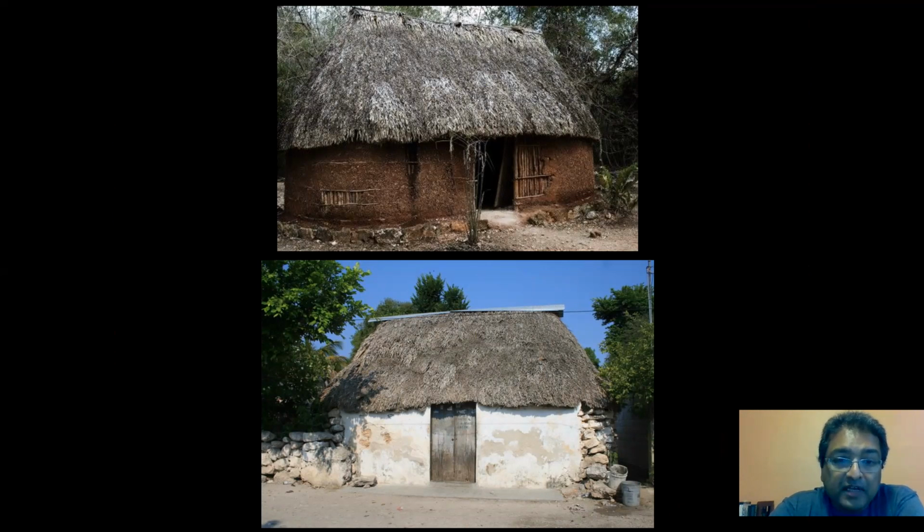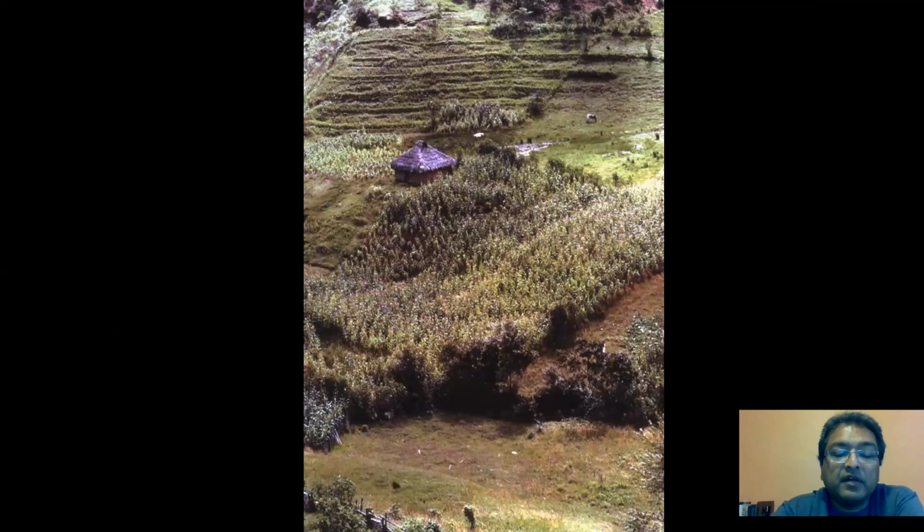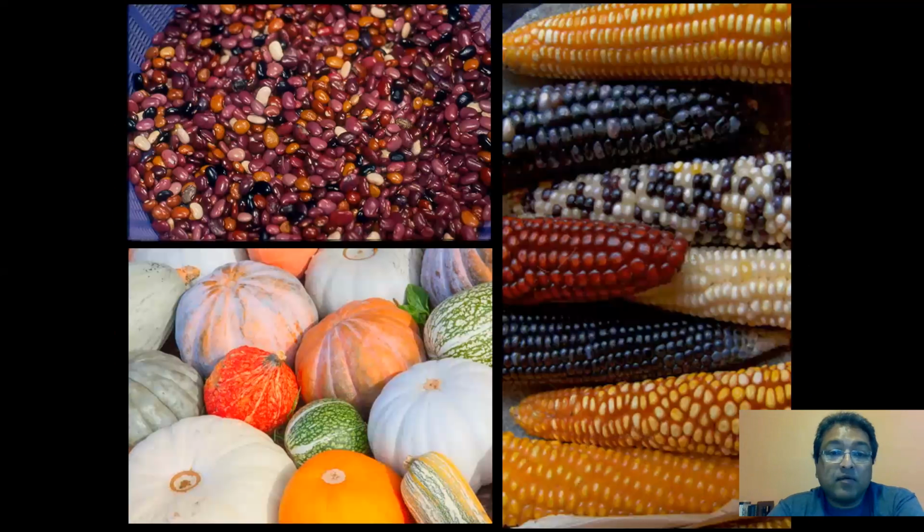The majority of the ancient Maya were farmers and lived in villages close to their farms. This is actually a modern Maya home next to its farm. While a whole variety of plants were grown, the three most important crops for the Maya were beans, squash, and corn. Corn is by far the most significant and the most used crop in the Mesoamerican region.